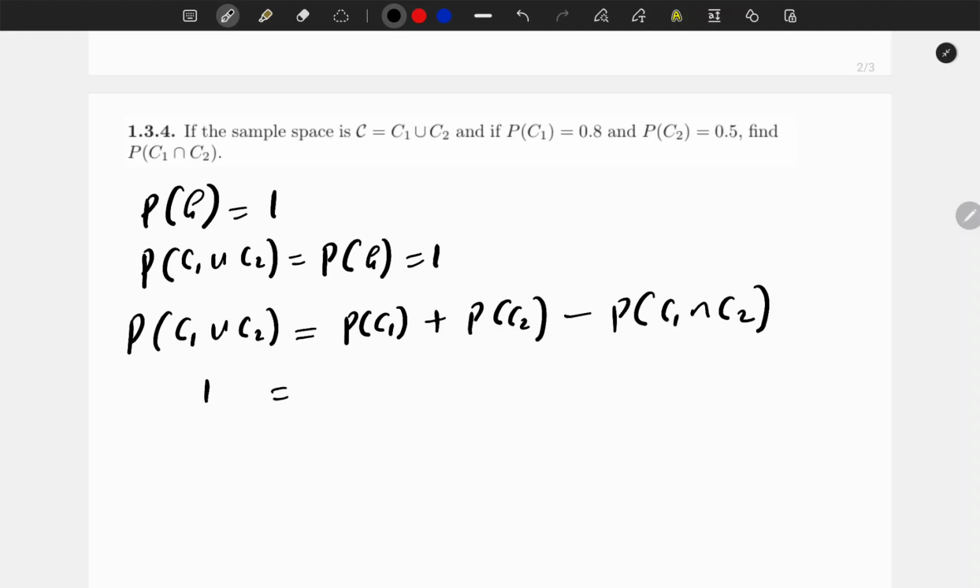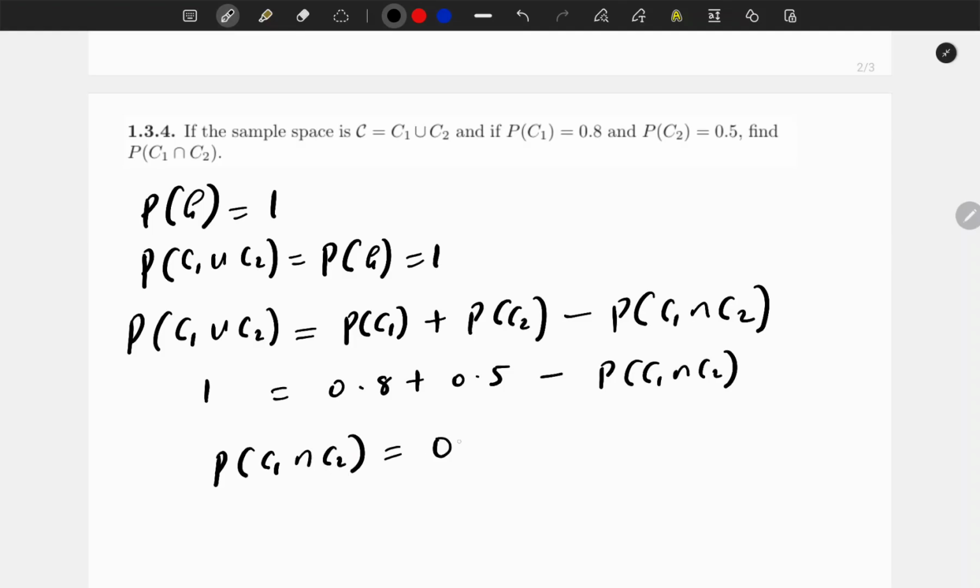So we have 1 equals 0.8 plus 0.5 minus the probability of C1 intersect C2. So that means the probability of C1 intersect C2 is equal to 1.3 minus 1,